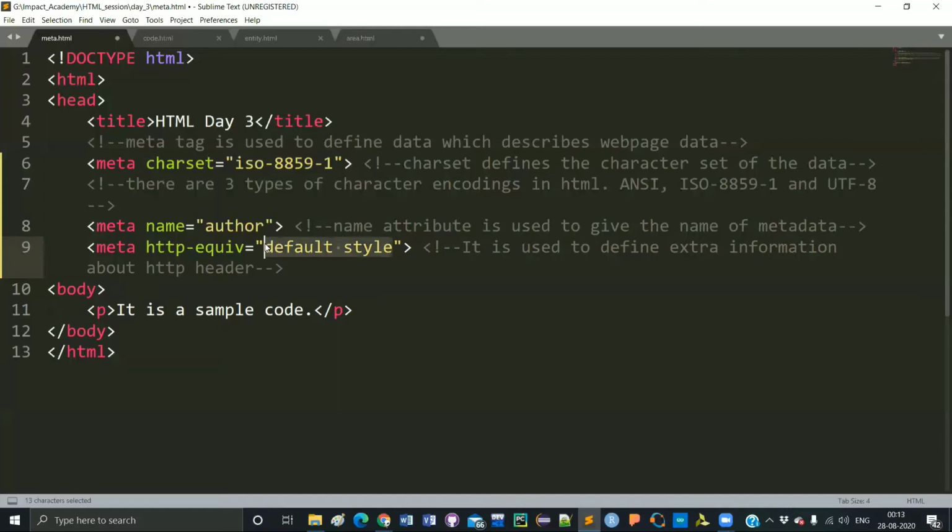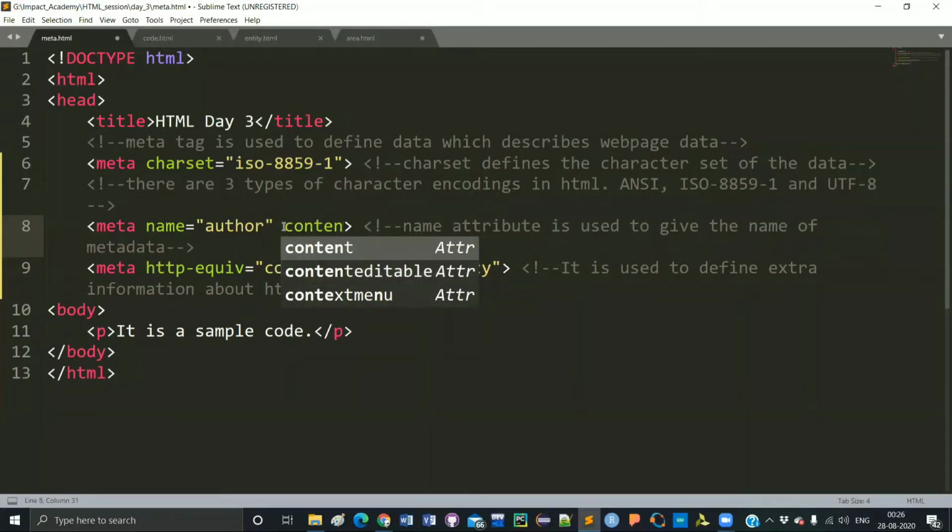You can use content type, you can use content security policy. So these are some 4 different attribute values of the HTTP equiv attribute.